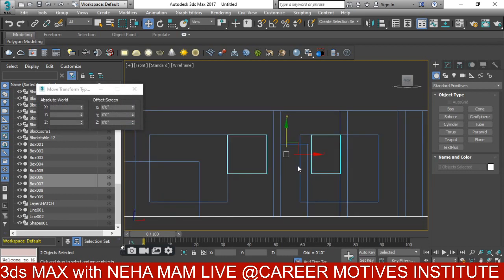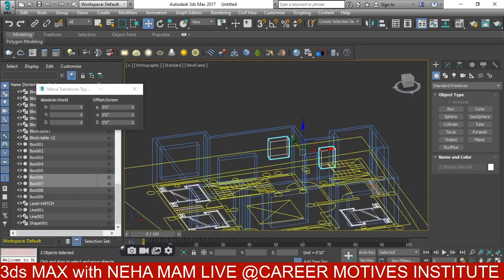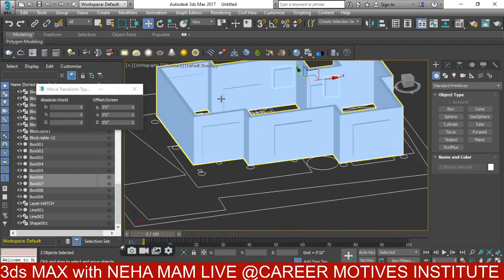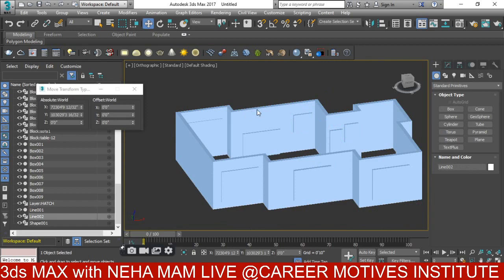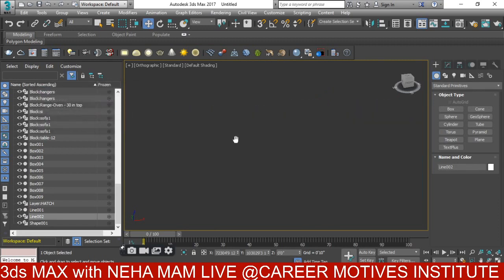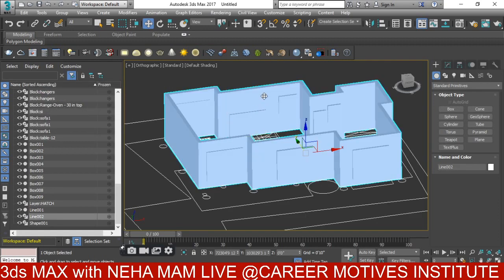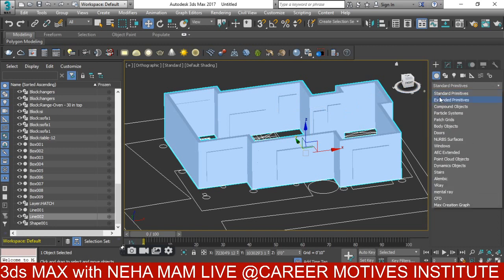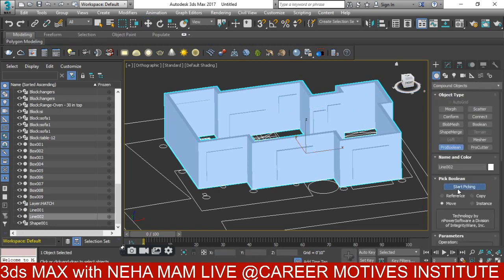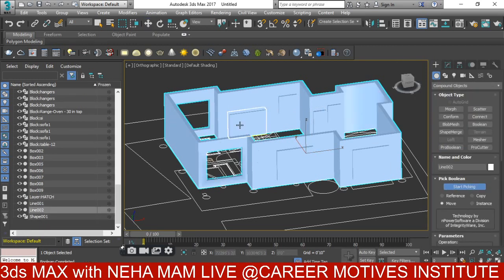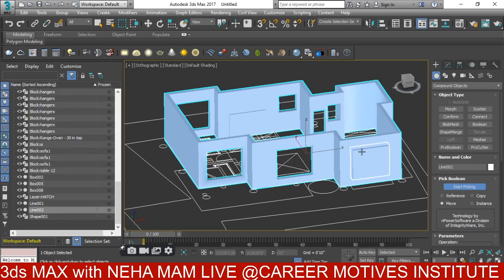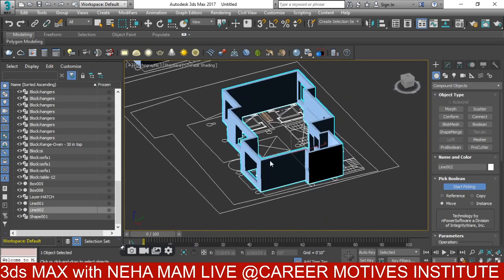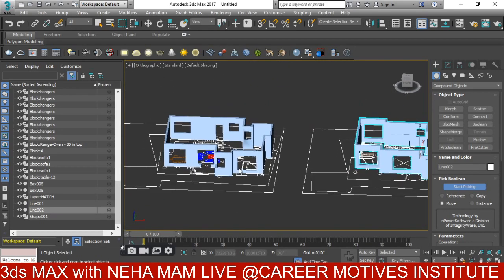Like this, and yeah, so I'm going to select this box, this object, and then compound object for boolean, start picking, and then I'm going to cut these boxes like this. Okay, so this is ready,